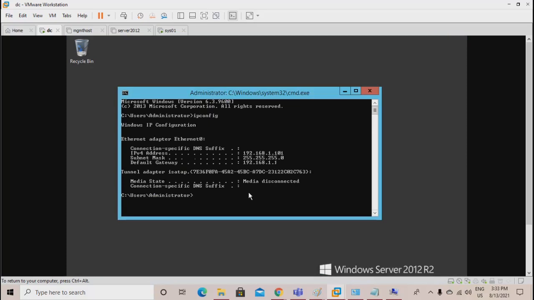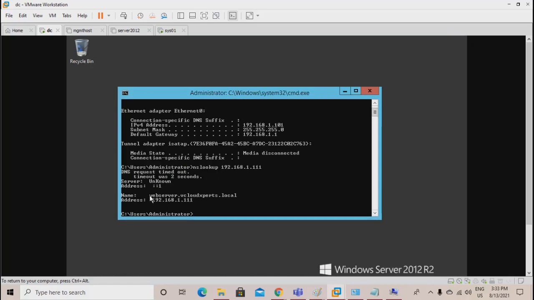So if I'm performing a NS lookup here, I'm asking who is 192.168.1.111. You see, I'm getting the name webserver.vcloudexperts.local. And now I will ask the reverse, who is webserver.vcloudexperts.local.